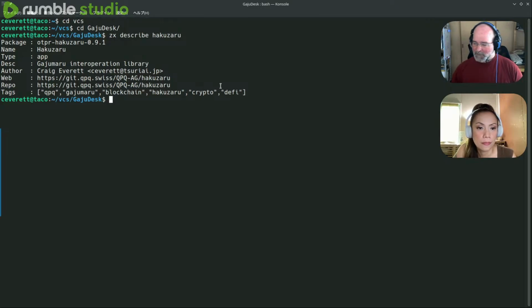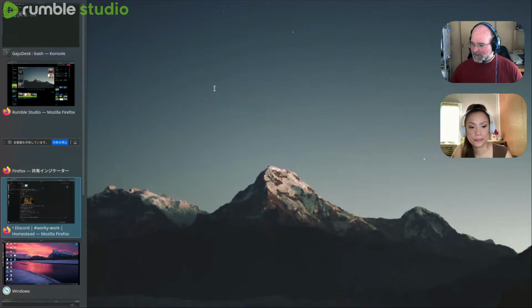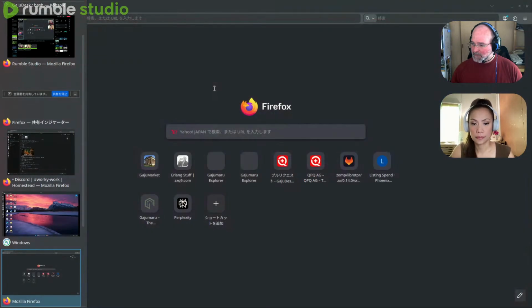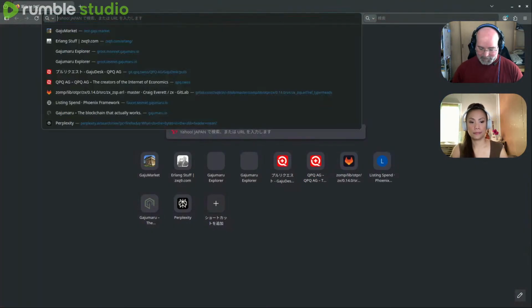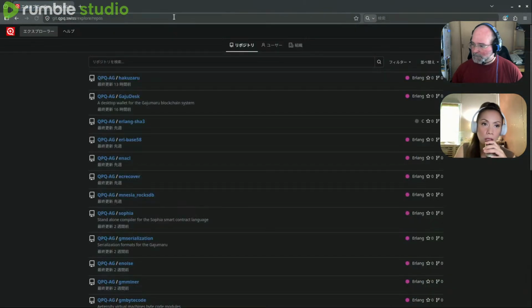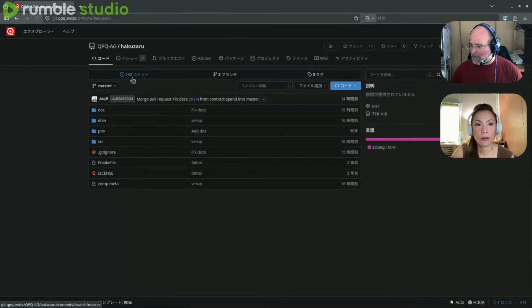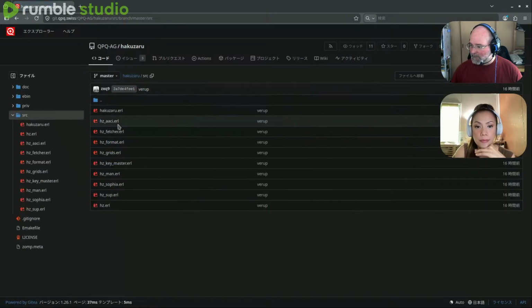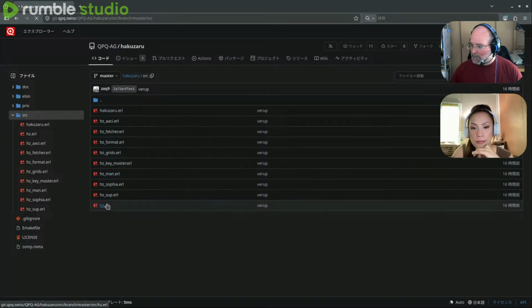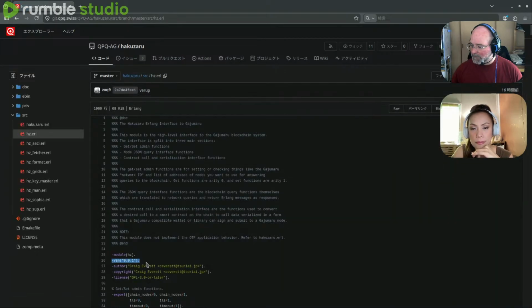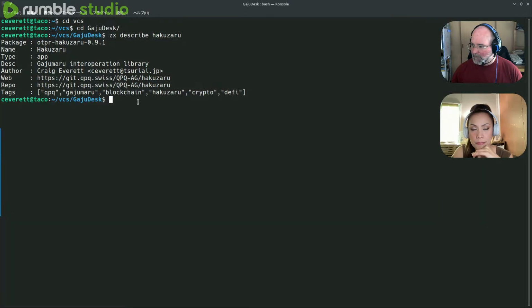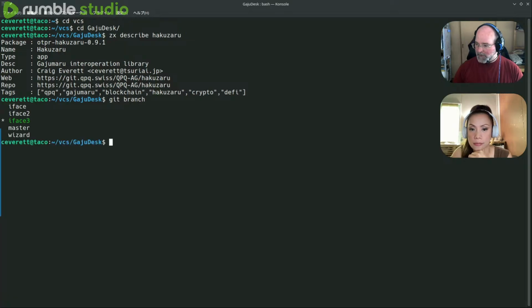Let me see if I can get the repo. Oop, that's Windows. Let's get the repo up. So last night, this is the version that we pushed. So 0.9.1 is what's in the repo, and that's what we have in Zomp now. What branch am I in? I need to get back to master.